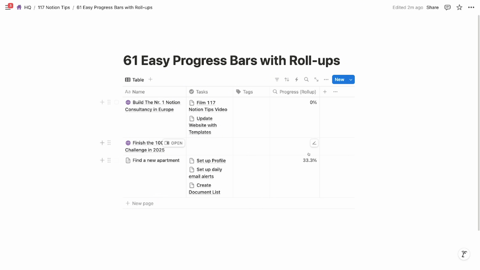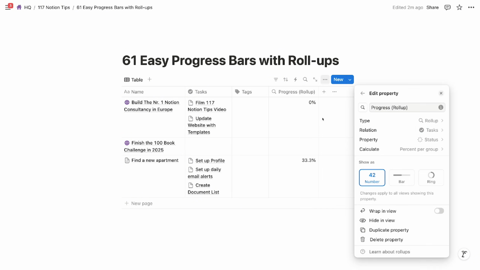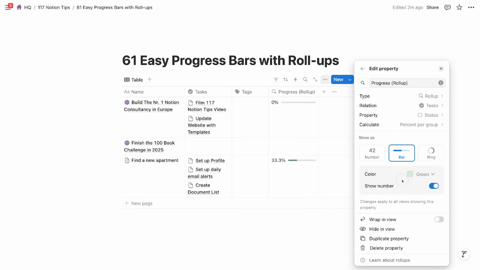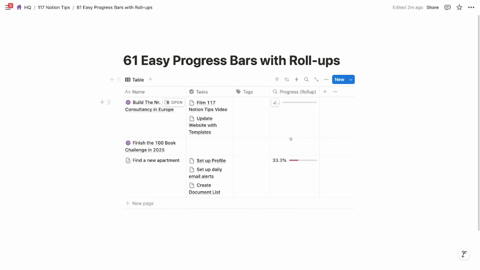And then if we want to see more than a number, and also a nice progress bar, we can click on it and say edit property. Whenever we have a result as a number, we have the option here to choose that instead of just seeing a number, we want to see a nice little bar or a ring. And for that, we can also choose which color we want. Let's pick pink maybe as the color. Perfect. So now we have a simple, easy progress bar that auto updates